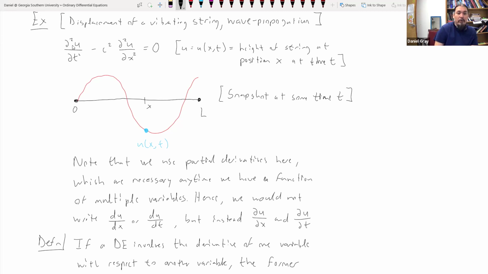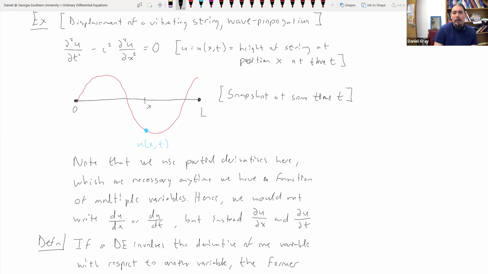So the partial derivative, right? The second partial of u with respect to t. All right, so that means you're taking a derivative of u with respect to t twice, basically, right? Minus some constant c squared times the second derivative of u with respect to x, right? So here I'm taking the derivative of u with respect to one independent variable. Here I'm taking the derivative of u with respect to a completely different independent variable. So u here is a function of x and t, two different independent variables here, okay? And so that's why we have to use partial derivatives to indicate that this is a function of more than